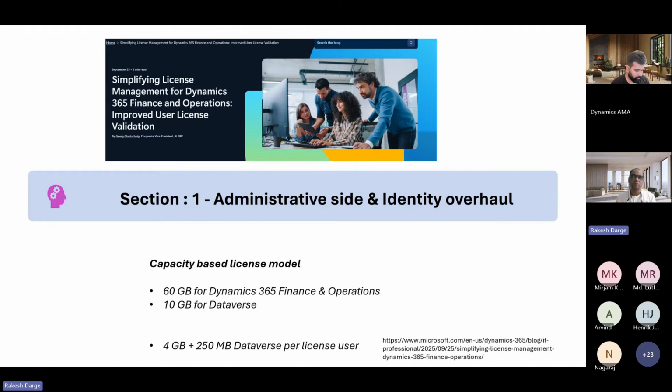What it means is, the full user means I as a persona in the finance area can do whatever I want to do. I can have all the access, like I can create information in the FNO, whether it's a chart of accounts, whether it's account categories, or whether it's posting of any journals, everything I can do that, right? That's what the full user license meant that probably we used to use.